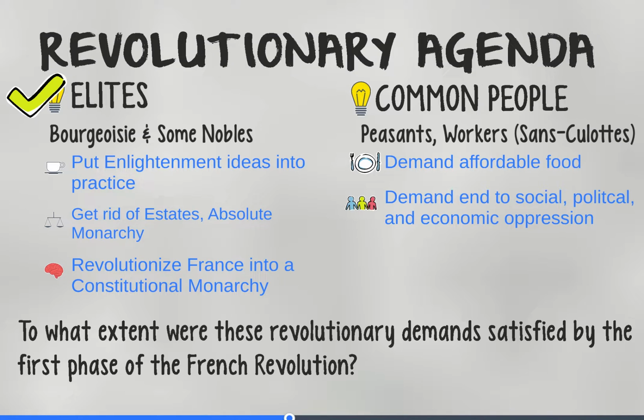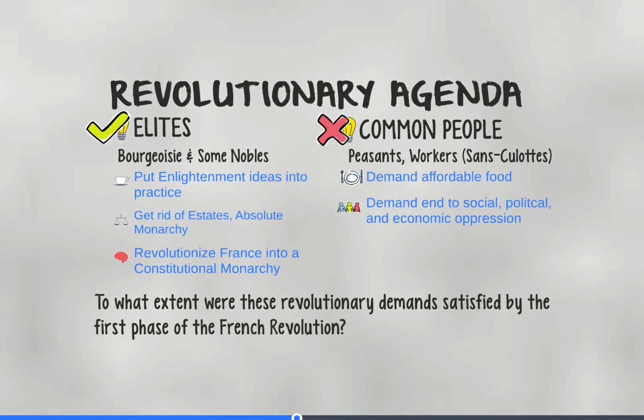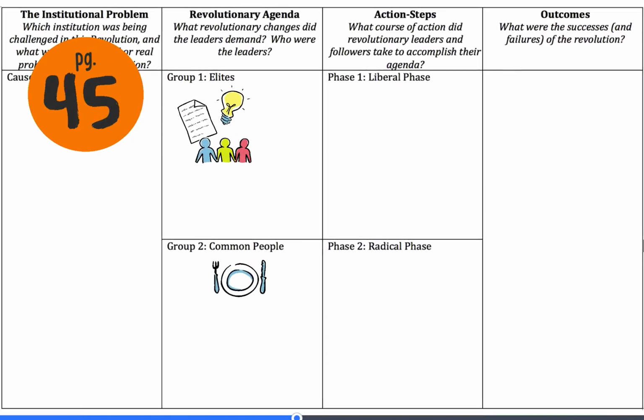But if we look at the agenda of the common people, not everything is satisfied, especially the most pressing item on that list, the demand for affordable food. So all these legal changes are really good. They represent a liberal revolution, but they don't fix the economic problems that were leading to the revolution to begin with. So let's turn to page 45